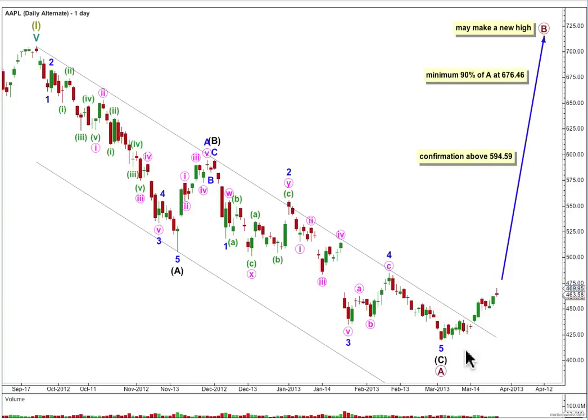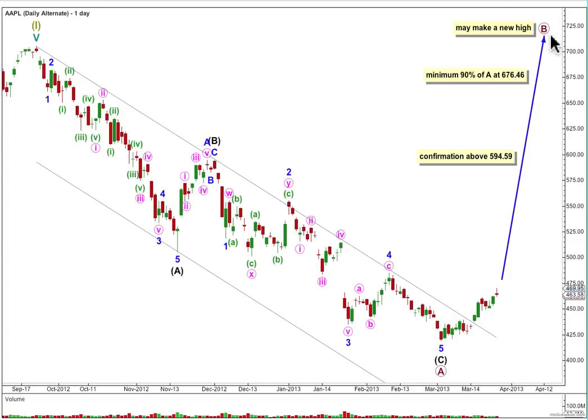On the daily chart, this is still my alternate. It still sees more upwards movement, but this alternate sees the possibility of a new all-time high. If the main wave count is invalidated with movement above 594.59, and that's this price point up here, then this downwards movement will be confirmed as a complete 3-wave zigzag structure, and so the upwards movement would